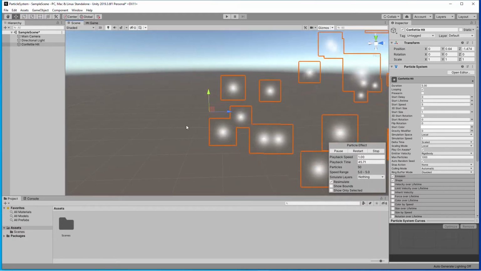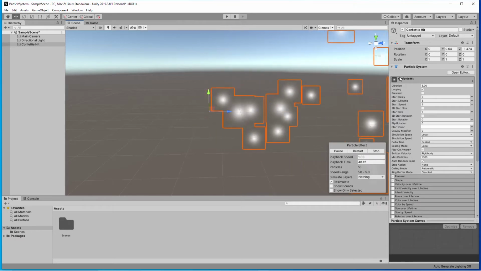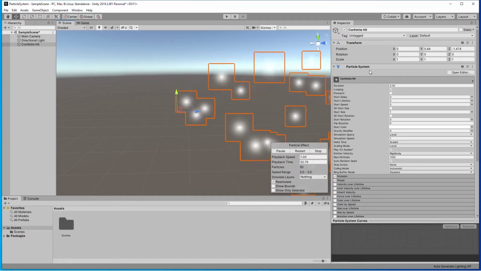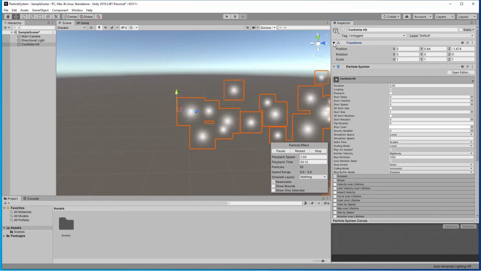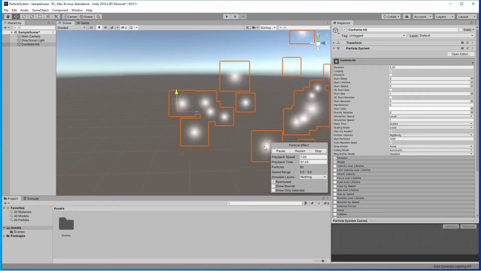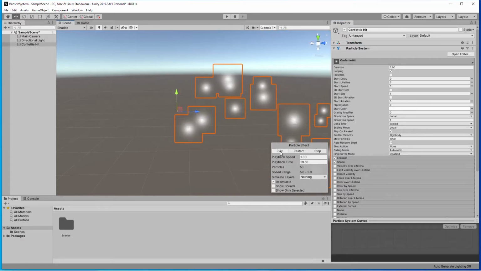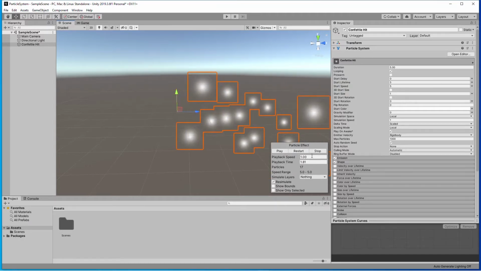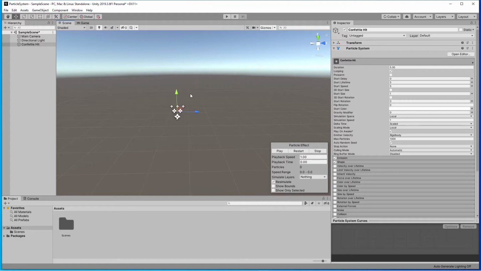Okay, so the first thing we want to do, if we go to looking at this bigger since we're not really doing anything else. And if this gets annoying, you can pause it. You can stop it, restart it. Okay, play. So change all that. Okay, so on the duration, we know we just want a quick little poof,